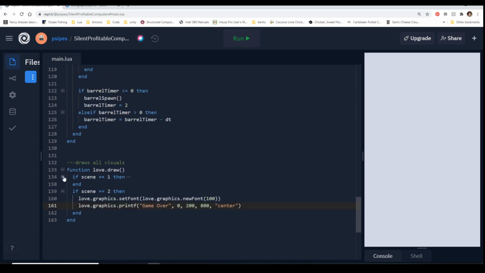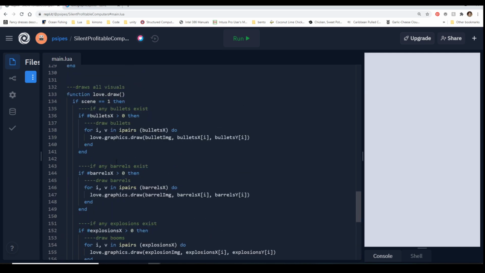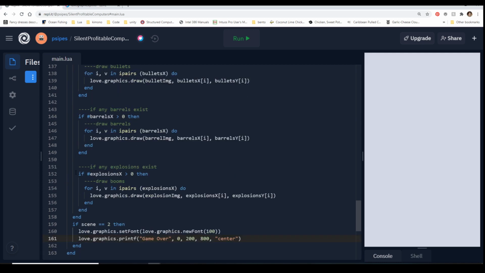So if we come down here, if scene equals 1, then we come down and we look to where the end of this is. Because we don't need to be nested in anybody else's loop. We just need to draw on top of everything else. Remember, the lower this is, the more on top it is.